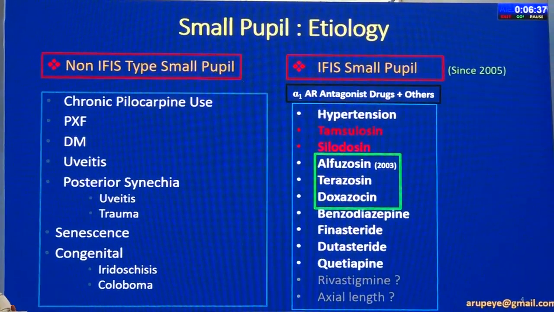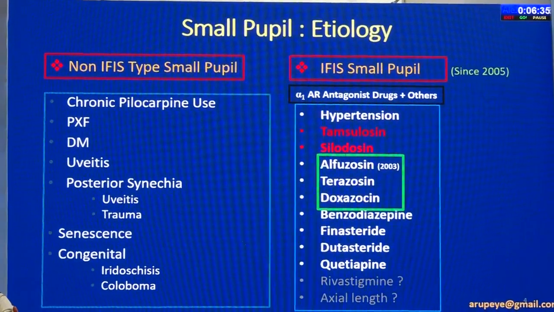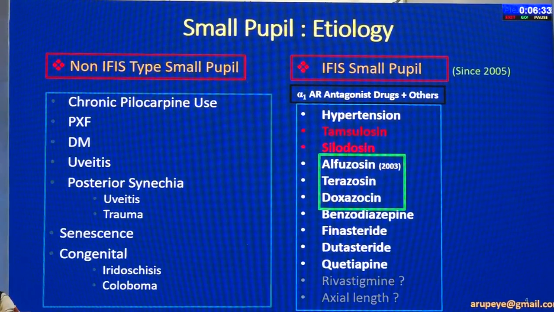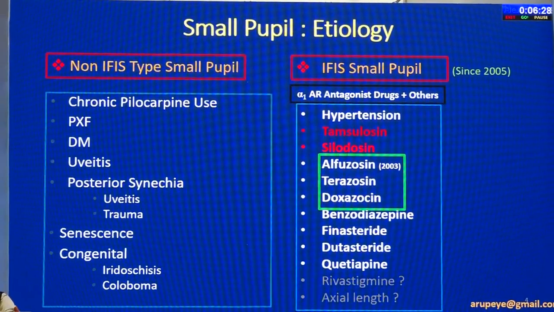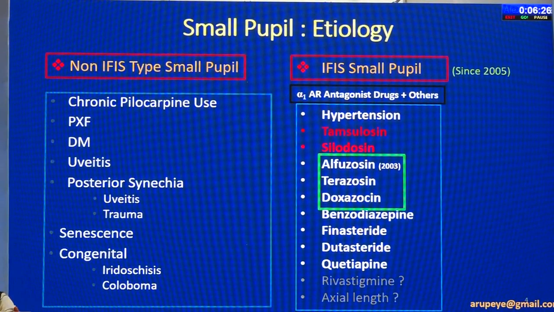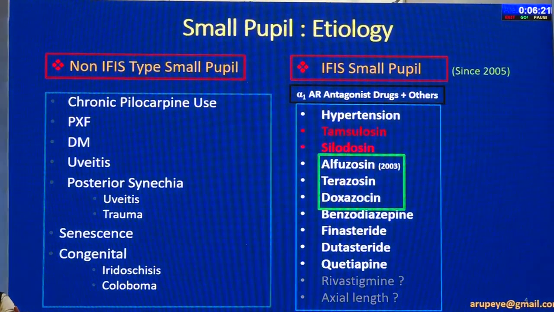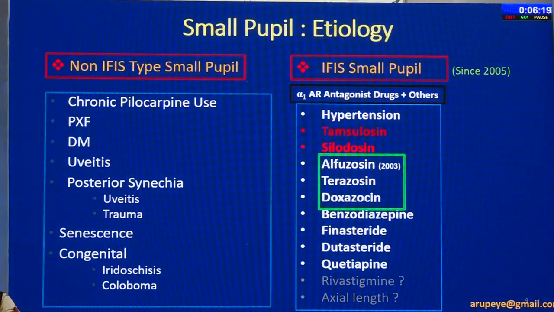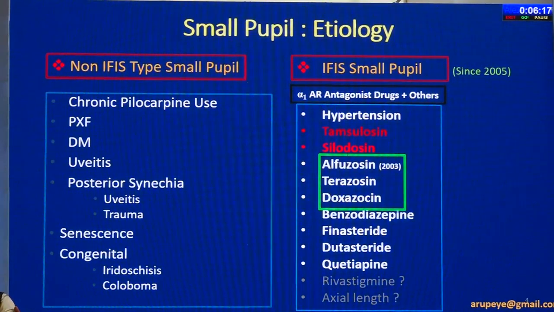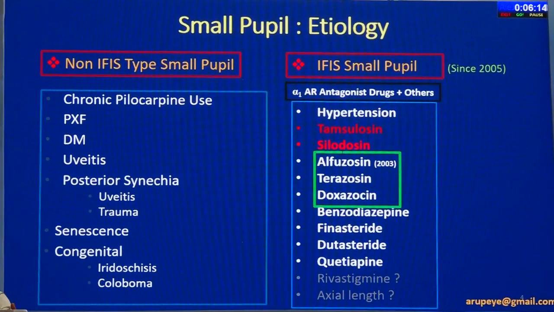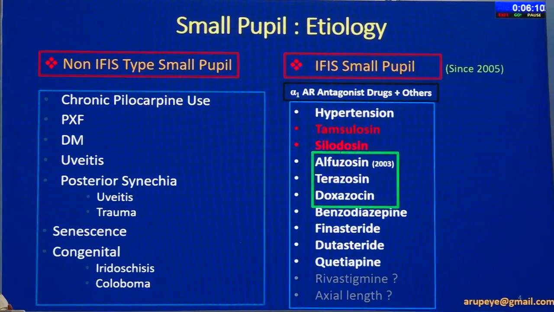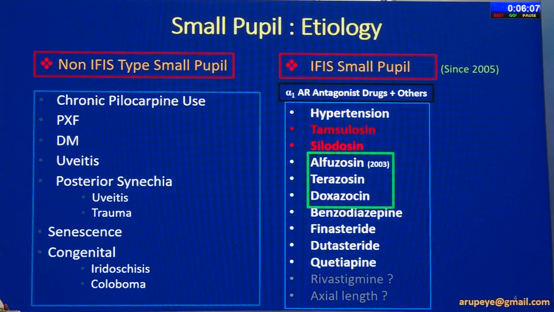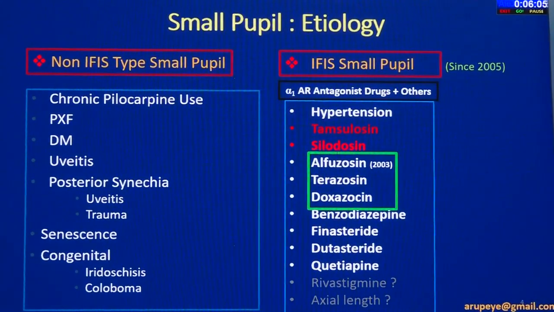Other medications that have been implicated are, for example, silodosin, which is again a uroselective alpha blocker. So that is even worse than tamsulosin. So today, if a neurologist asks me which alpha blocker he should start his patient on, I would say it is alfuzosin. This is not uroselective. This is a non-specific type, but unlike the other non-selective alpha blockers, this does not give us postural hypotension, which was the major problem with the other medications, because of the slow GI absorption profile.